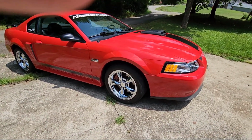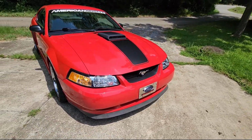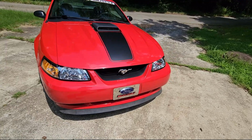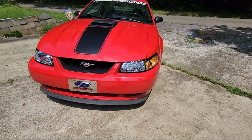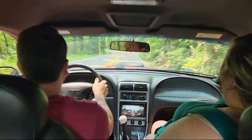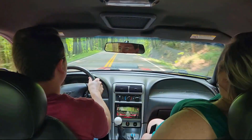senior couple from Kentucky. Looked like they needed a little bit of help getting up out of the car, and I thought, that is fantastic. That is what I need. And I've been trying to keep the miles low on it, but let's be honest, this thing is a ton of fun to drive. This is my baby. I love washing it, keeping it clean, and of course, you know, hugging some curves real good every now and